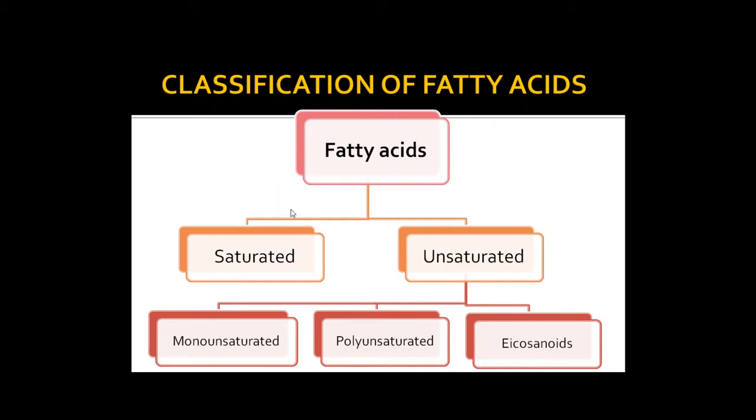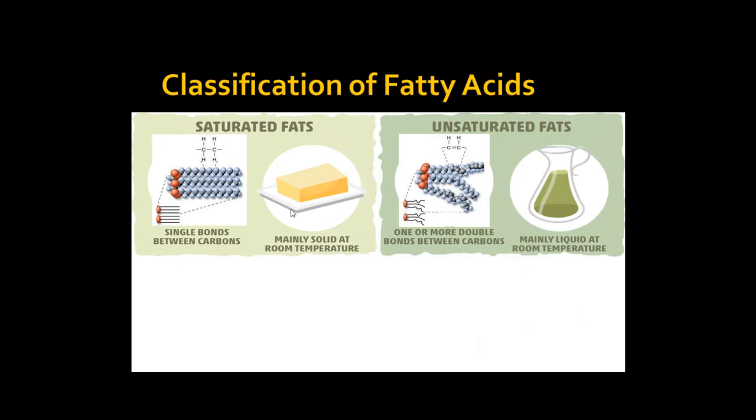Next, coming to the classification of fatty acids. Fatty acids can be classified into two broad categories, saturated and unsaturated. Saturated fatty acids have single bonds between all the carbons, and because of single bonds they have this kind of structure and thus can be tightly packed together. Unsaturated fatty acids have one or more double bonds between the carbon atoms. Because of the double bond nature, they have kinks or bends,